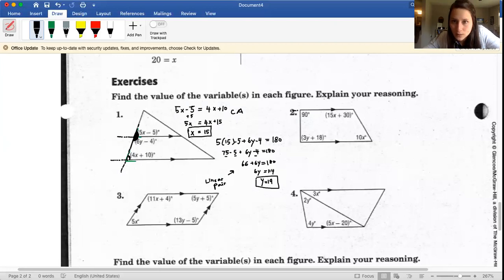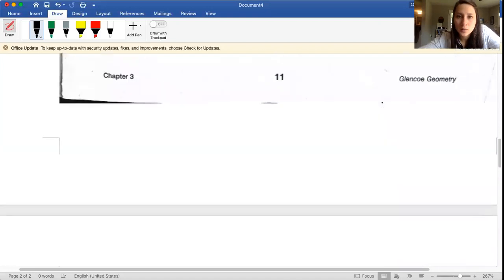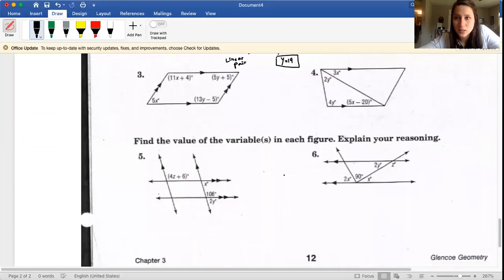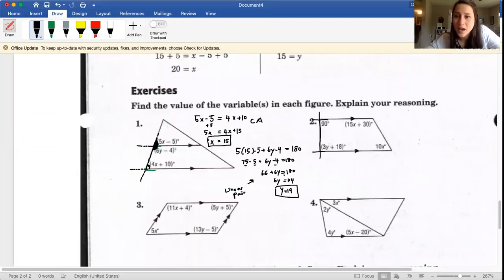It looks like if I were to extend this line out and this line out, well, first of all, this tells me these are parallel. So that's key for me to know that I've got some parallel lines. And this would be my transversal. So these two inside would be what we call consecutive interior angles. And if we look back at our notes from above, consecutive interior angles are supplementary, meaning they add up to be 180 degrees. So I'm going to use that idea to help me find